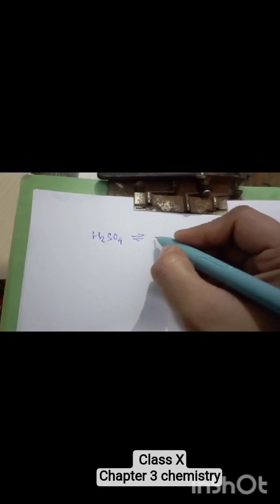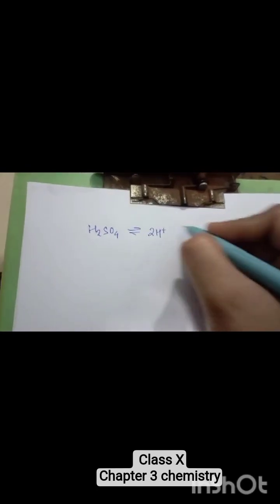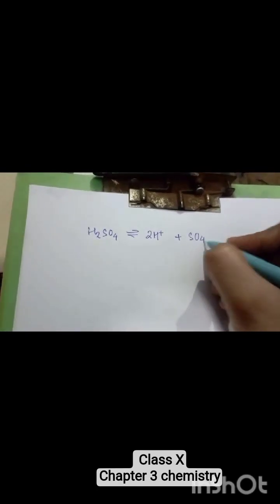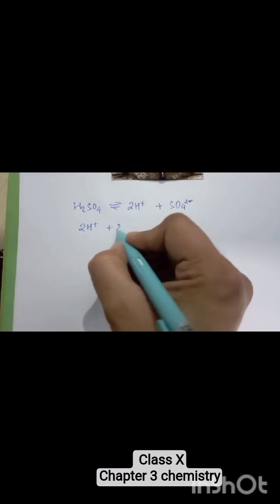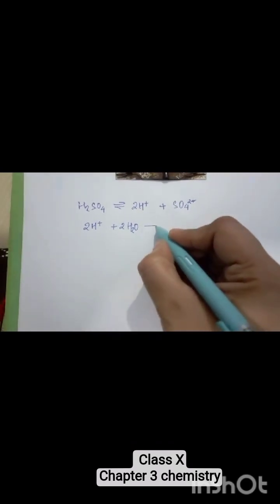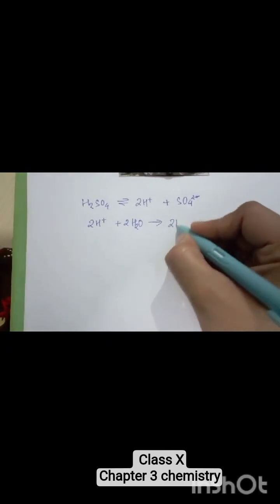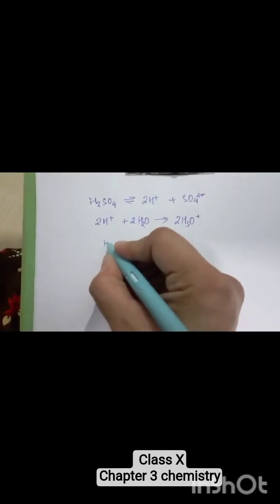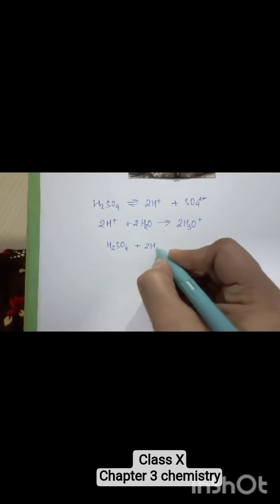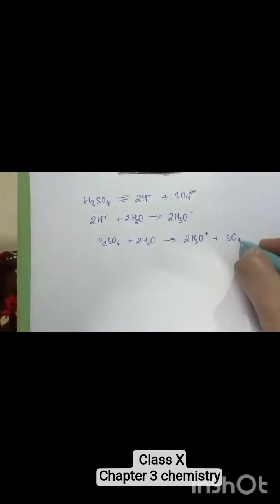Okay, for example, if you have taken H2SO4, so H2SO4 will be dissociated as, now it has two H plus ions, okay, so it will be dissociated as 2H plus and SO4 2 minus, okay, sulfate ion. So now we have 2 H plus ions. So 2 H plus ions will react with 2 water molecules, okay. One water molecule will react with 1 H plus ion, and here we have 2 H plus ions, so they will react with 2 water molecules and form 2 hydronium ions. So the net reaction will be H2SO4 plus 2 water will give 2 hydronium ions, H3O plus, and sulfate ion, okay.